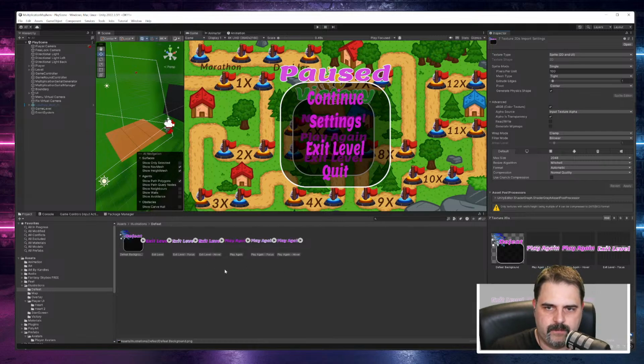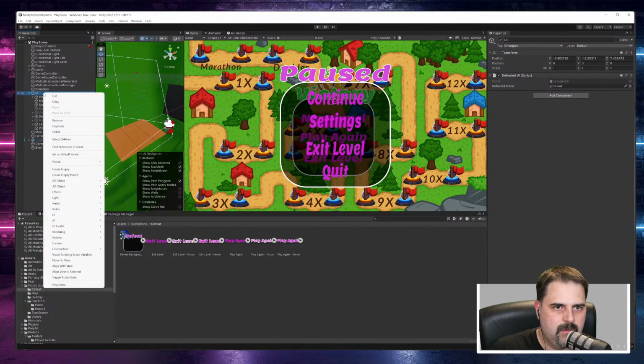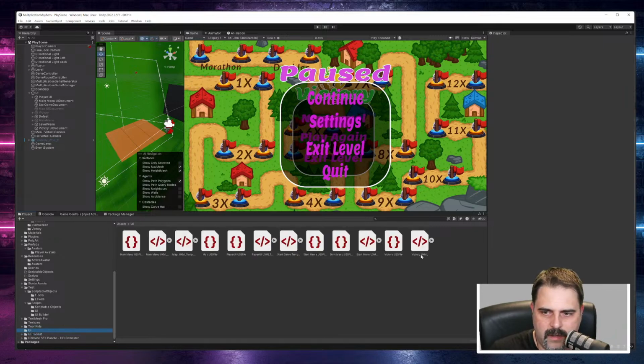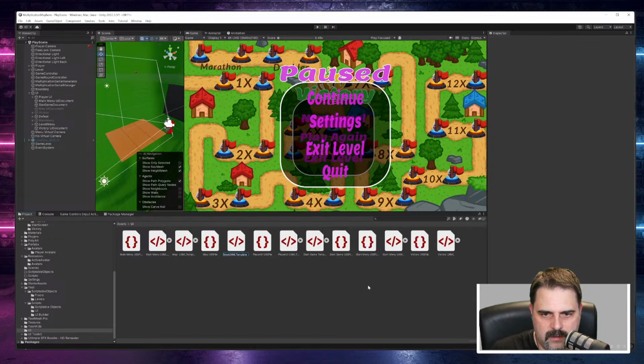And then on the UI, create a UI document, or first let me create the documents itself. So in the UI, let's create a new screen, a UI document, UI toolkit, UI document, and let's call it